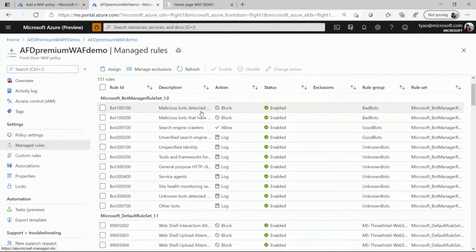For example, if a request comes in, claiming it is a search engine bot from Bing, but we look it up, and the IP address actually does not belong to the published IP address range for the Bing search engine, then we'll flag this particular request as a malicious bot. So that's the first category.